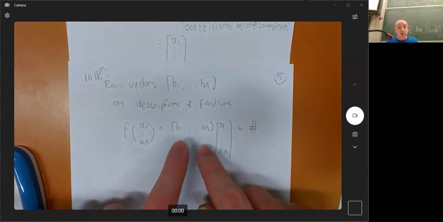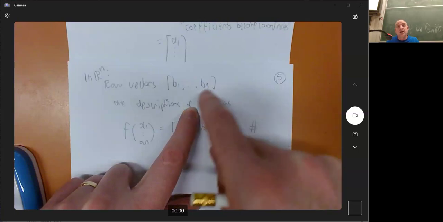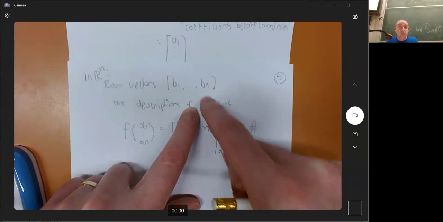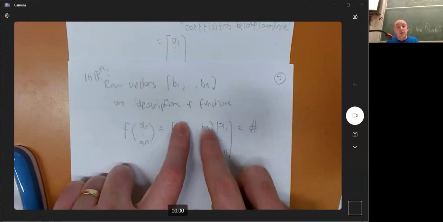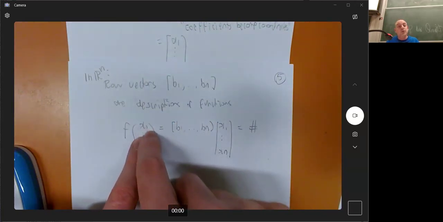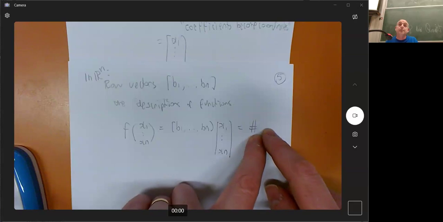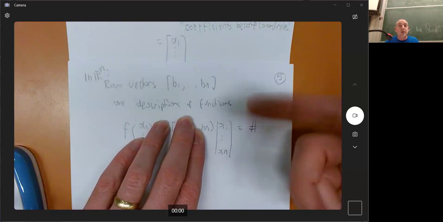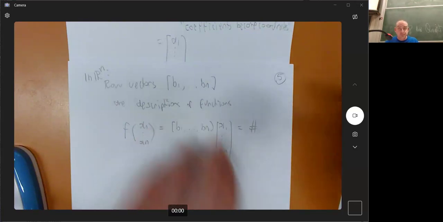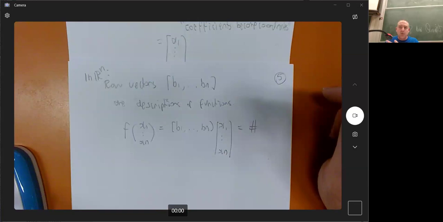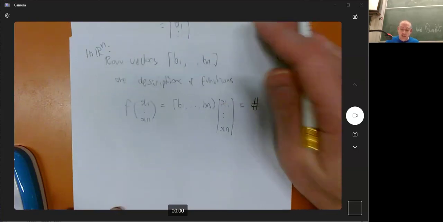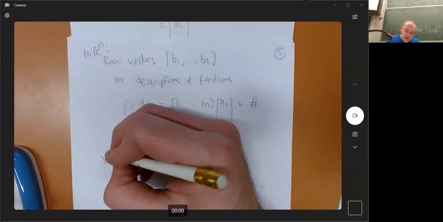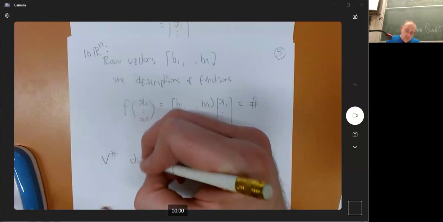And what we're going to do is take this idea, the functions. So what we have is functions that take an input from Rn and produce a number. And if we keep the b's the same, it will do something to every other vector, and each one will produce a number of its own. Pardon me, they won't all produce different numbers because there's not enough space to do that, but that's how it's going to work. And so what we define is we say that V star, which is the dual